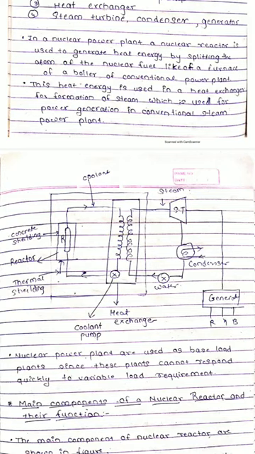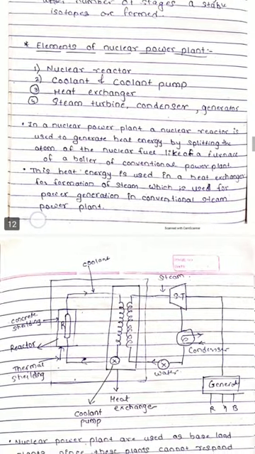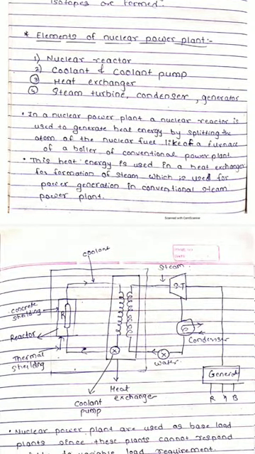Later, the steam which has expanded in the turbine goes through the condenser, where it loses its energy by circulating cooling water, and it is converted into water. That is a phase change phenomenon occurring in the condenser. After that the water is picked up with the help of a pump and supplied again into the circuit, so it is a closed cycle diagram. The middle one is a heat exchanger, used for exchanging heat from the coolant of the first loop to the water. So these are the basic elements and basic working of the nuclear power plant.